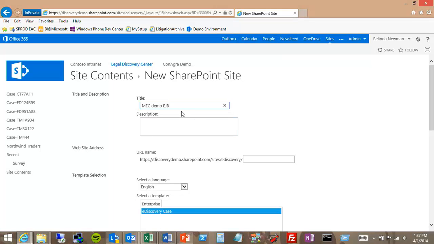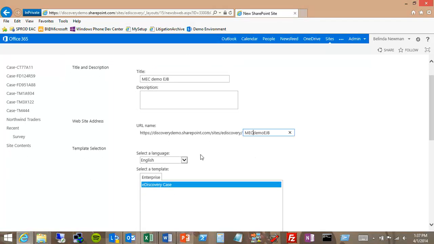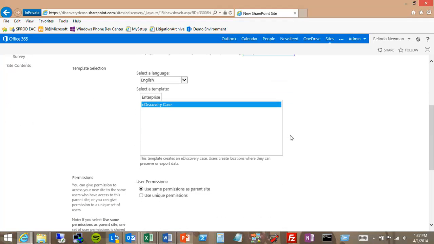So we'll just call this the mech demo for lack of creativity on my part today. And we'll give it a URL, and it's going to allow me to select what language I want it to be displayed in, and it's going to pre-select the eDiscovery case template. That's going to bring in all the necessary web parts that are going to allow me to do my eDiscovery work